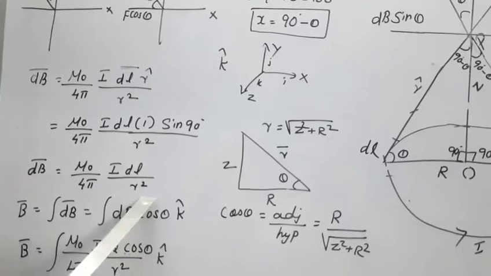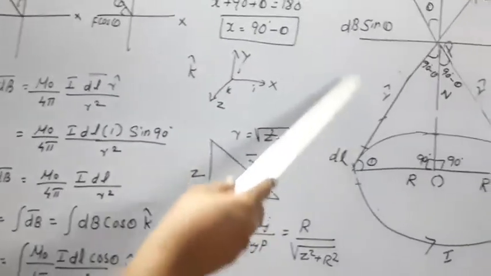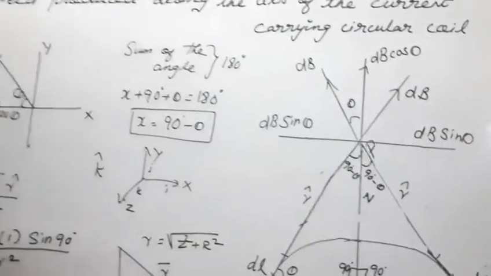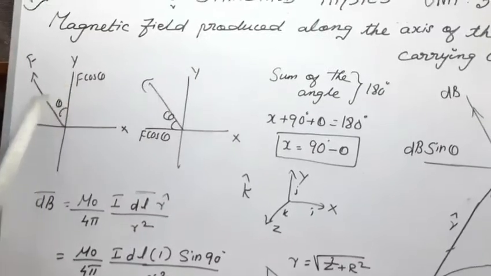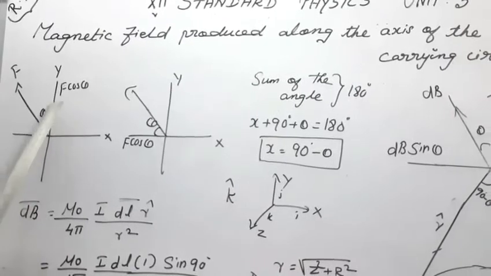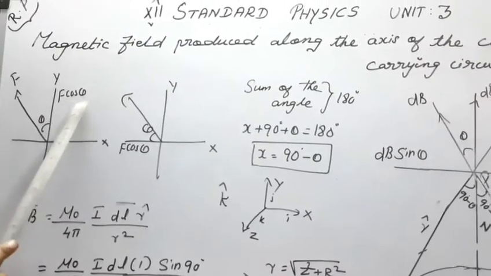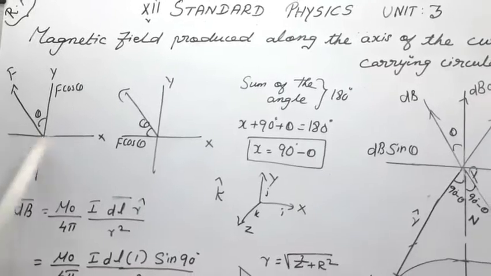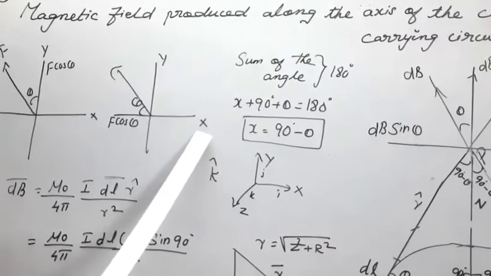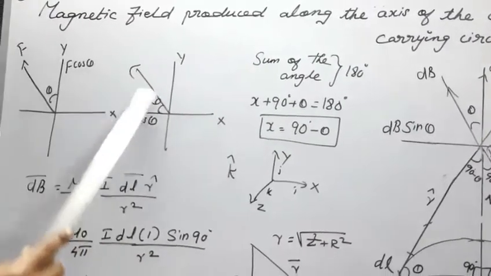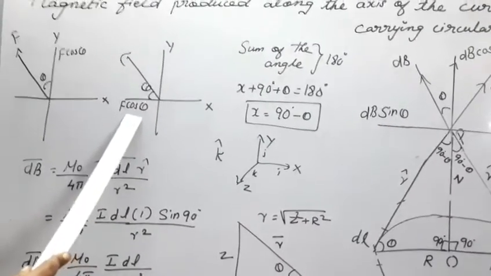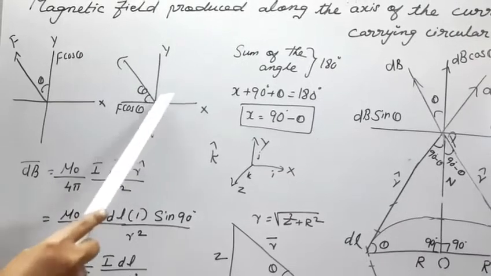And we can resolve dB along the horizontal and the vertical axis. Suppose we take the x-axis and y-axis, and the force is here, and the theta value is here. Wherever the theta value is there, the nearer component is known as the cos theta value. So in the vertical direction it is f cos theta and on the horizontal side f sin theta. Suppose we take another y-axis and x-axis, the force is here, but theta is in this direction, so the component near the theta angle is f cos theta, and here it is f sin theta.